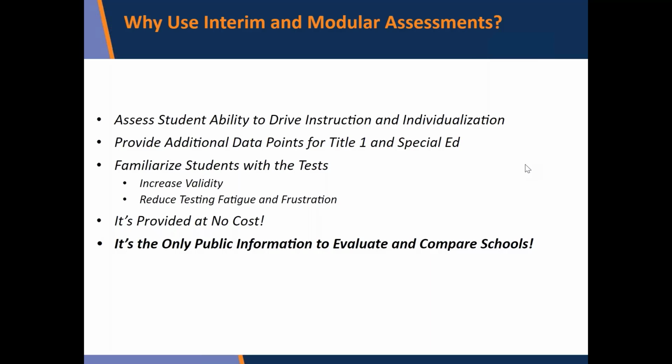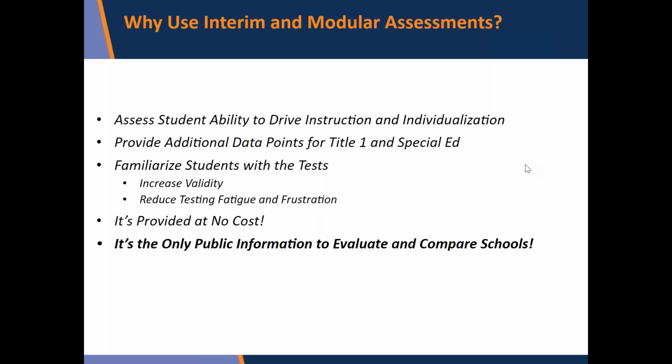take a look at your results and not only see how they answer individual questions, but it can give you an idea by student or by group how it is that they, just like the same thing that they have in the NWEAs or the iReadies, the ability to take a look at where your student weaknesses and strengths are, and for you to change how you do your instruction in order to prepare for the final test. And individualization also, to see individual scores.